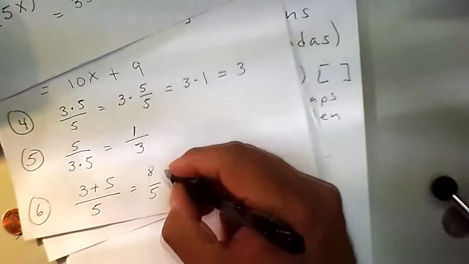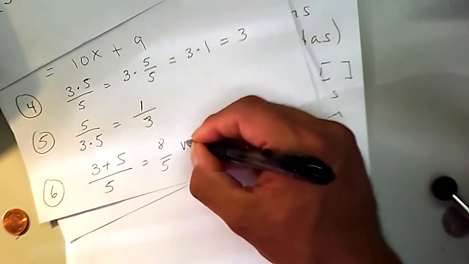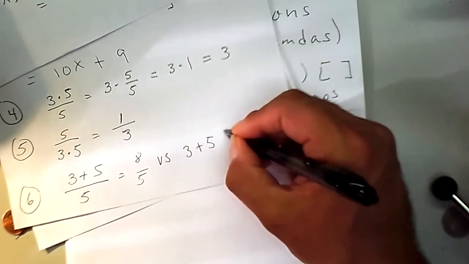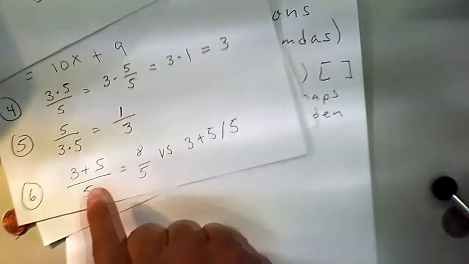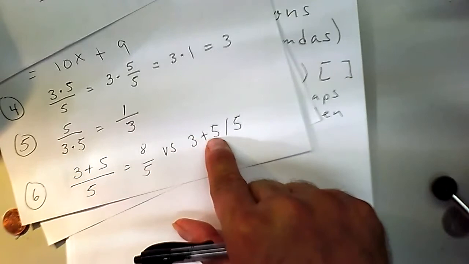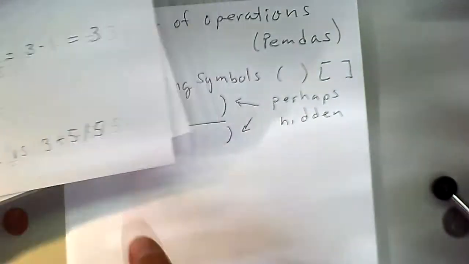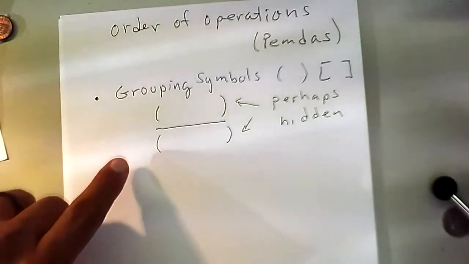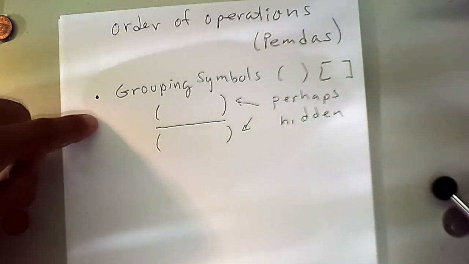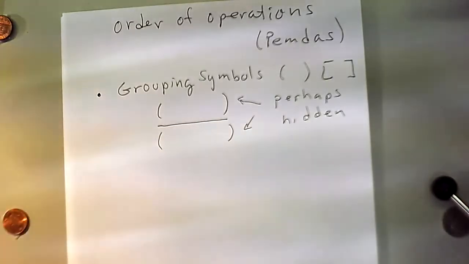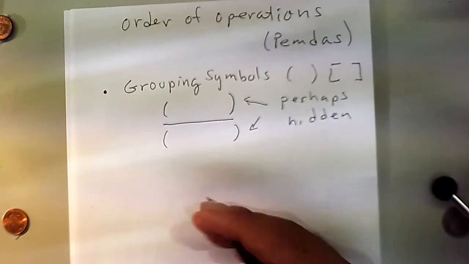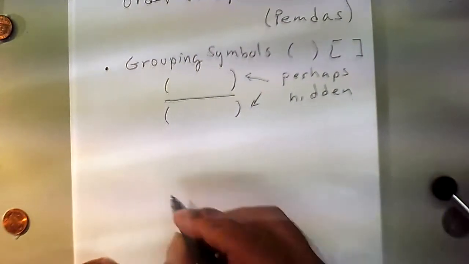And by the way, going back to this example, if you have 3 plus 5 over 5, that is absolutely not the same thing as that. Those are completely different things. Because I'm going to come back to this example in a moment. I have to explain why as we go through this list of things. So the first thing that takes priority is grouping. Otherwise, if we don't have a list of priorities, then things are going to be ambiguous.